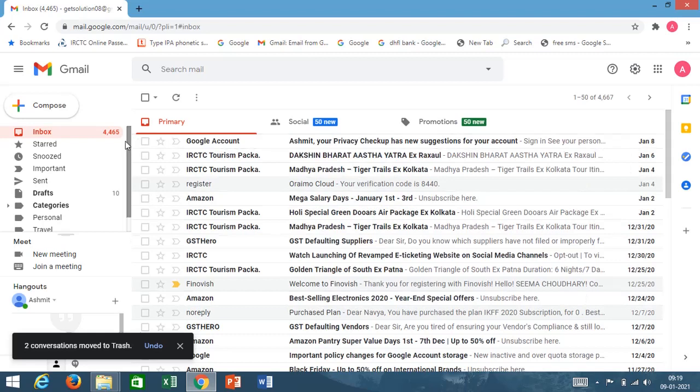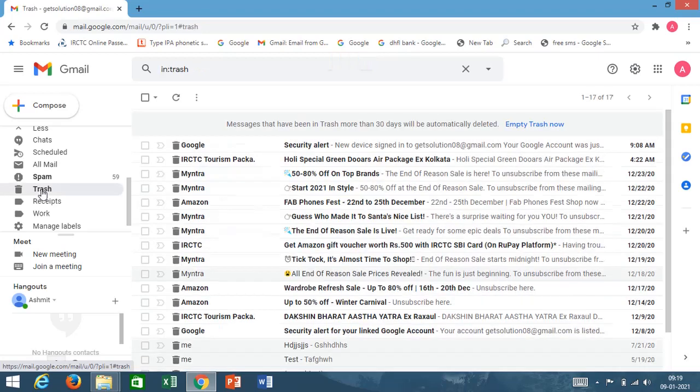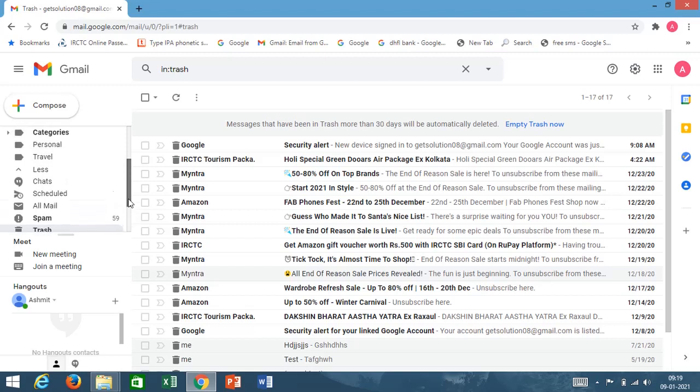Now whatever email you are deleting, there is an option in your email box, especially in Gmail, the name given is trash. Trash is the recycle bin. These are the deleted emails. Just now I deleted the first two emails, so they came in the trash box. So whatever email you delete will come into the trash box.